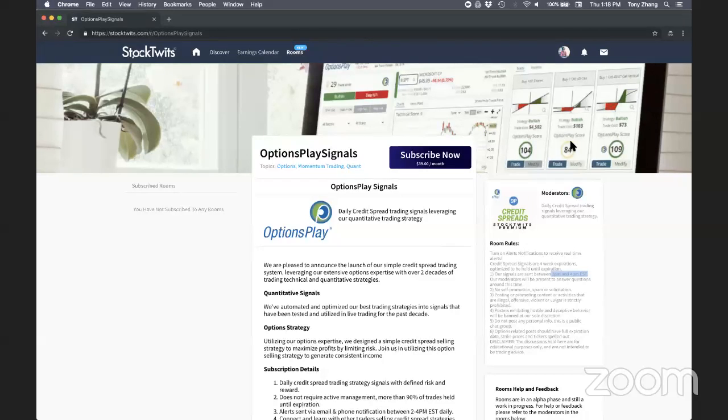No, you will not be able to see the alerts in Options Play. You will only be able to see the alerts here in the Options Play signals room. But you can subscribe to both phone and email alerts so that you don't necessarily have to have Options Play or StockTwits open. You can just get the alerts from our service. This is really one of the benefits of leveraging StockTwits, because we didn't have the infrastructure to build out some of these alerting systems that they've built out for you so that you can get an instant real-time email and phone notification for that.